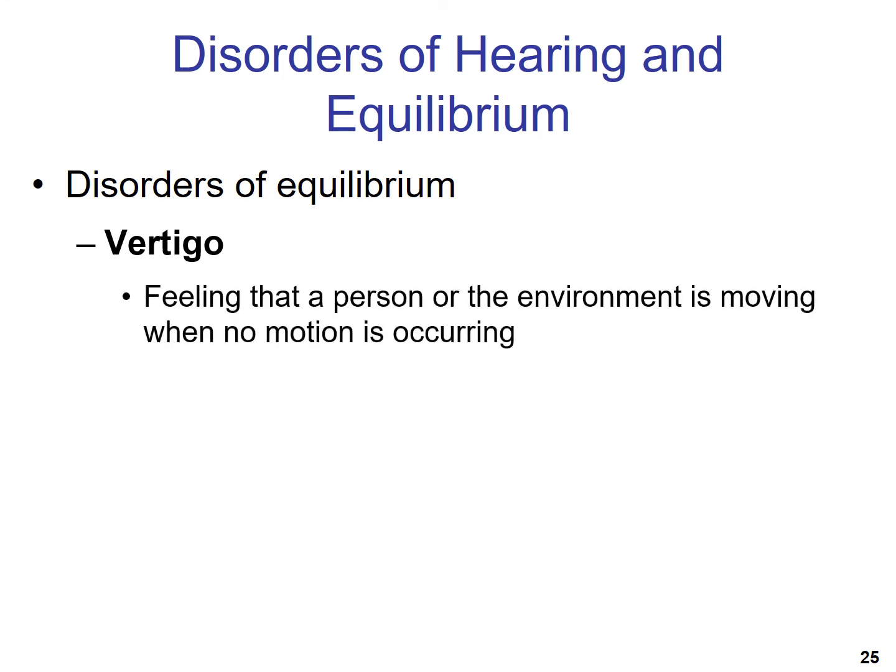Okay, so this is what I mentioned, disorder of equilibrium, and vertigo is the main one. And this is definitely a feeling that the person or the environment is moving when there's no motion. And so I could be lying on my back in a bed, and it would feel like the bed was coming up and over me. I would feel like I was tilting forward, and there never was a time period in which it felt like the world stopped moving. So I couldn't walk straight, I couldn't drive,